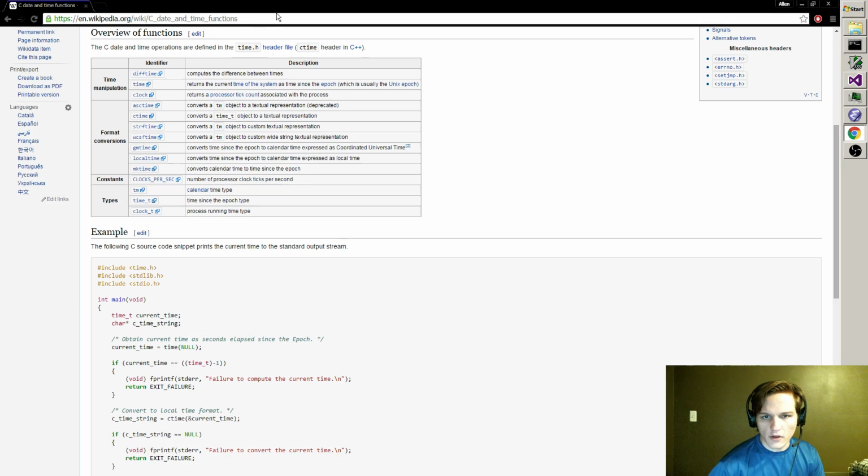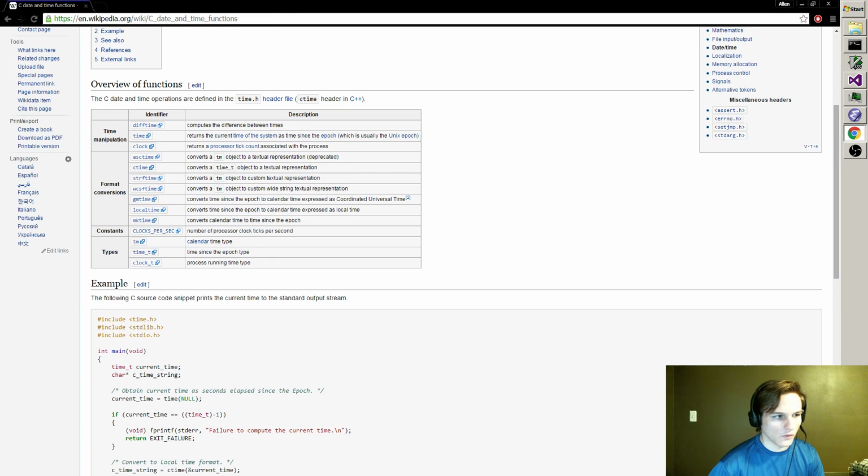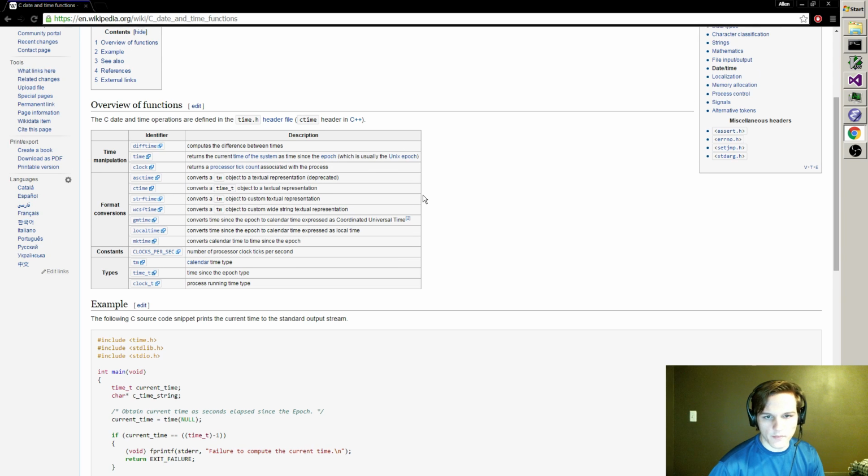Let me show you what I'm looking at. This is Wikipedia, so who knows what this is actually talking about, but maybe this is what I think it is. Preprocessor tick count. Right. Time returns the current time of the system as time since the epoch. Converts a TM object to a textual representation. I don't like that, it's deprecated. Okay, don't use that.